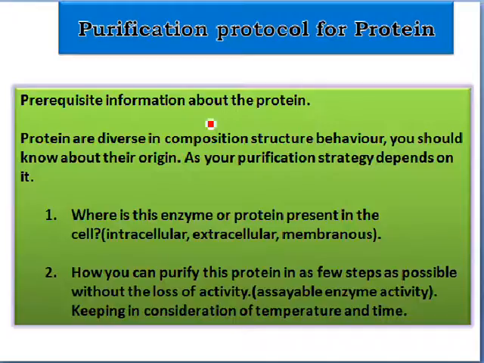When we are doing protein purification, we should have essential information about our desired protein. For example, where it resides in the cell, whether it is extracellular or intracellular, because this information will give an idea about the procedure we should follow for its isolation. Let us take an example. When it is a cytosolic protein, it might be lacking disulfide bonds, because these bonds can only form in an oxidizing environment, while the cytoplasm provides a reducing environment.